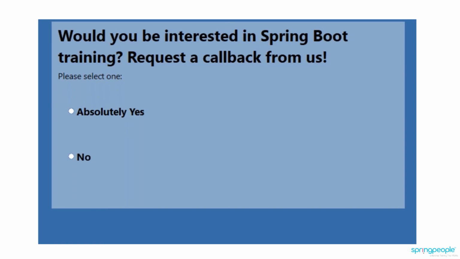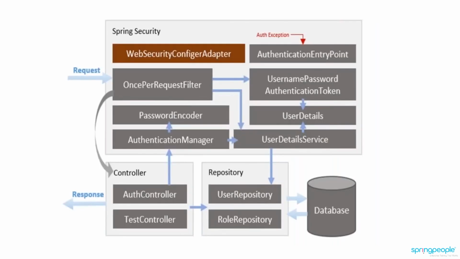In the same way, we have another one called Radius, which is Remote Authentication Dial-In User Service. It is a network protocol that provides centralized authentication, authorization and accounting. Basically, management of users who connect and use a network service will be taken care of by Radius authentication. So these are the different types of authentication. Depending on your requirement, you can choose which third-party authentication you want.